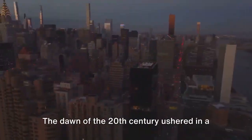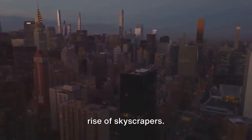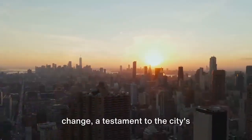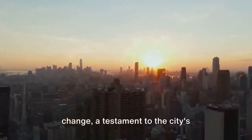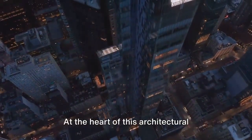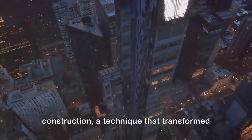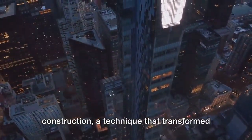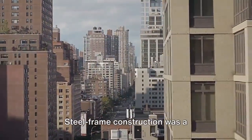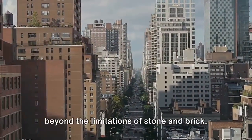The dawn of the 20th century ushered in a new era for New York's architecture, the rise of skyscrapers. This was a period of unprecedented change, a testament to the city's relentless ambition and unyielding spirit. At the heart of this architectural revolution was the advent of steel frame construction, a technique that transformed the face of New York forever. Steel frame construction was a game changer, enabling architects to go beyond the limitations of stone